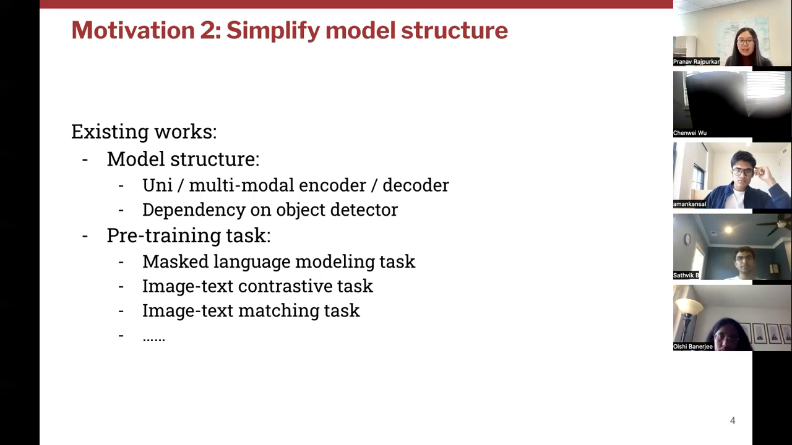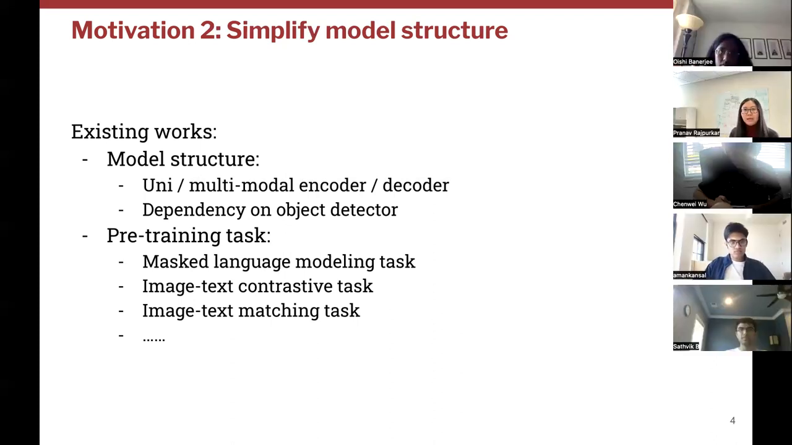And for the pre-training task, these models always have different tasks that have been introduced. For example, masked language modeling: if we mask some tokens in the sentence, how could we predict the tokens based on the reasoning across the other text tokens and also the image tokens? There are also image-text contrastive learning and image-text matching. These are many different kinds of constraints or loss functions as the pre-training task that help us to learn the